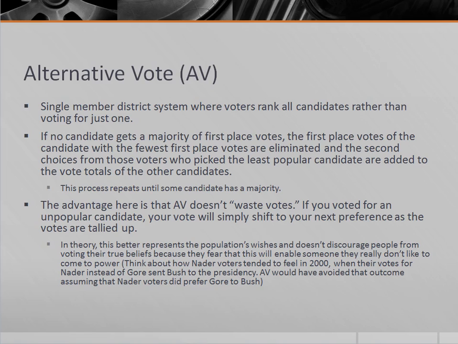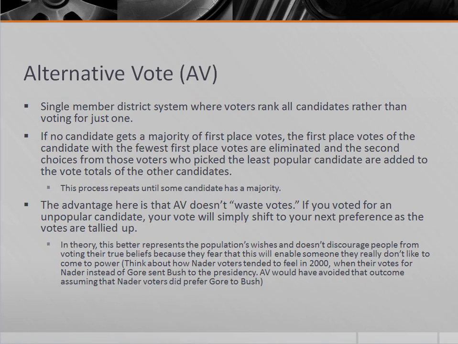And the classic spoiler effect in the United States, the example that I hope that most of you can still relate to, although I guess some of you may have been pretty young in the year 2000 when it happened, but when voters in Florida sent several thousand votes the way of Ralph Nader, instead of sending them to Al Gore, what this did was effectively probably give George Bush Jr. the presidency of the United States, because at the end of the day, if you think that those Nader voters would have preferred Gore to Bush, and I think that's a reasonable assumption, then those Nader voters ended up, by voting for Nader rather than Gore, costing Gore the election, and many Democrats are still sour about that.